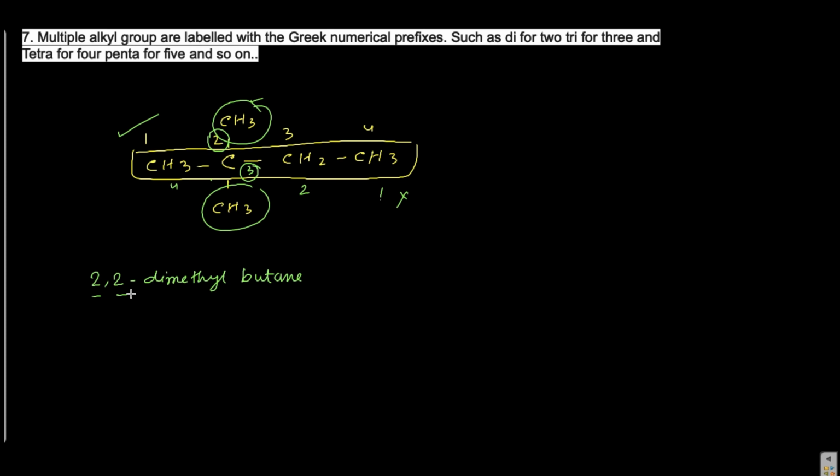Okay, like this you can take 2 or 3 examples. If you consider a simple example, CH3, CH, then CH3, then CH3. What is the name of it? You can number in any direction 1, 2, 3, because CH3 is the substituent. If you number like 1, 2, 3, then also the substituent is positioned in the second position. So if you write this elaborately,